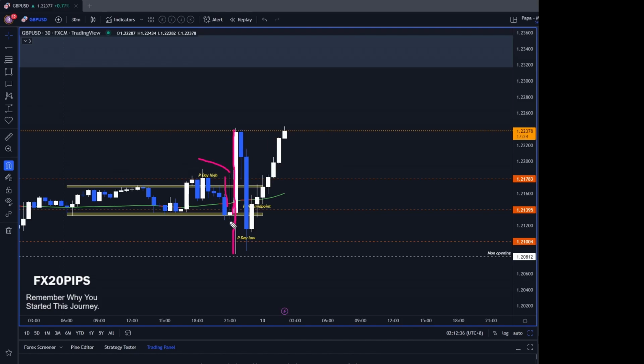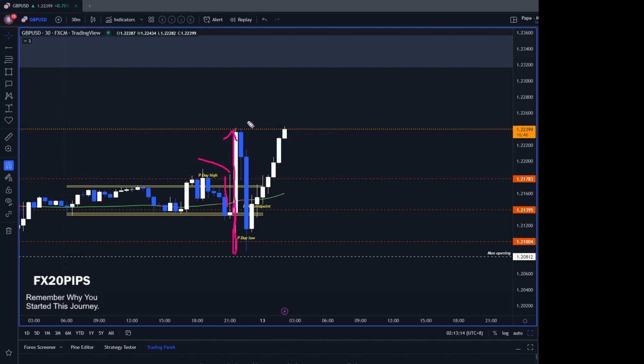Why does this happen? Seriously, I don't know. Basically, some computers, some institutions, I would believe many will be computers, were fed with this CPI data, and the first initial reaction was the US currency strengthened, and that is why GBP USD dropped. And then for whatever reason, as more figures came in, it shot back up again.